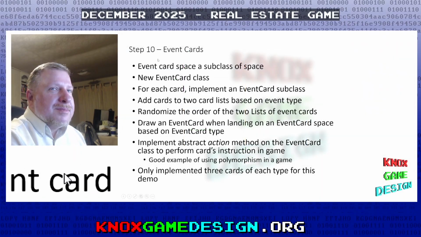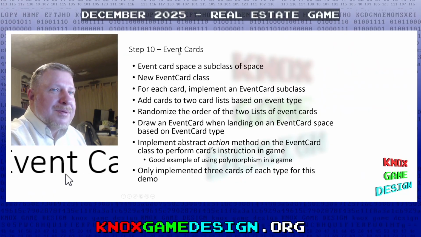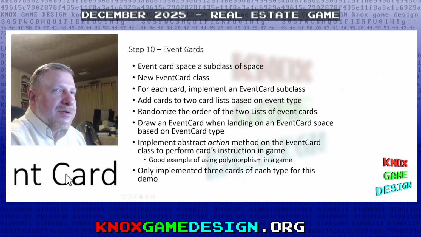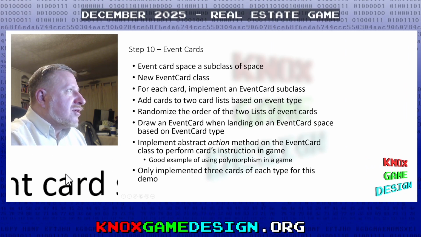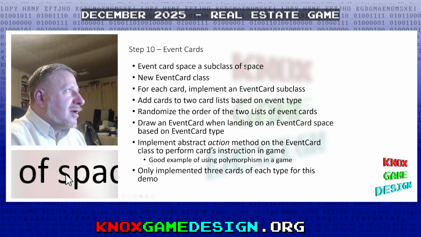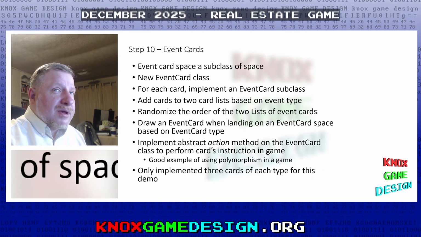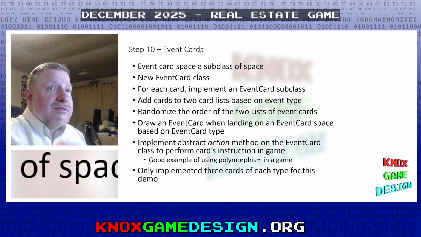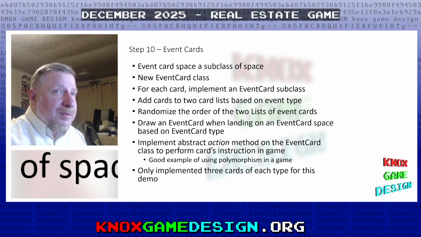Okay, so this is step 10, the event cards. Like I was saying, this is not a programming project for first-time developers. So this is a whole separate set of things that can happen. So the event card is a subclass of space. So you got an event card space. So if you land on the event card space, then you got to draw one of the event cards. And there's 2 types of event cards, which are all basically the same. They're just called 2 different things. In this game, I'm calling them